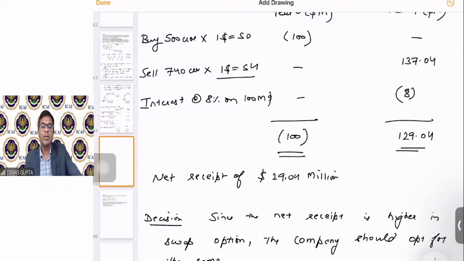Reason being, if the company takes on the swap, the company will, with whatever is the arrangement, vis-a-vis $29 million if the company does not enter into a swap arrangement. Yes, Satish. Very good, Satish. I really like that thought. Satish is saying, since the rupee value is decreasing, hence it is better to go with the arrangement of swap. Yes, that is absolutely what I was telling.